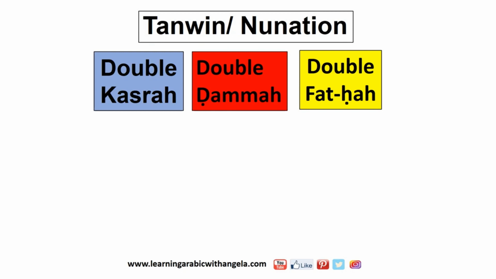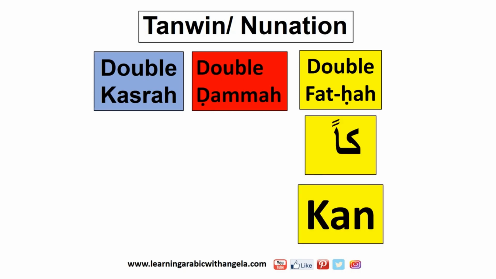The three vowel diacritics may be doubled at the end of the word to indicate that the vowel is followed by the consonant n. They may or may not be considered harakat and are known as tanween or nunation. The signs indicate, from right to left: